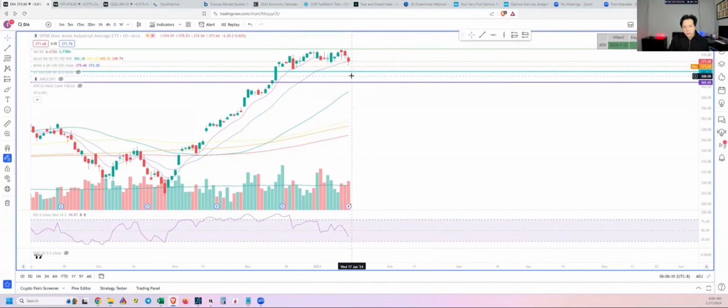So if we continue to break down, then we're probably heading to this green line over here, and maybe even lower, all the way down to at least the MA 50. And that'll be healthy. We'll look in just a moment at all the momentum levels that are in the markets. But generally, if we have so many stocks above their MA 50, it does need to pull down for us to be able to continue moving higher.